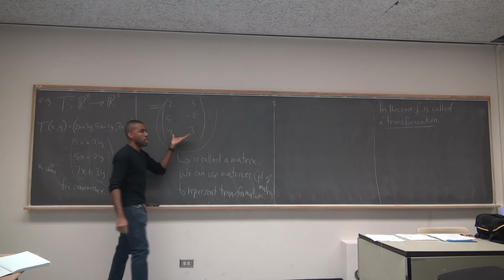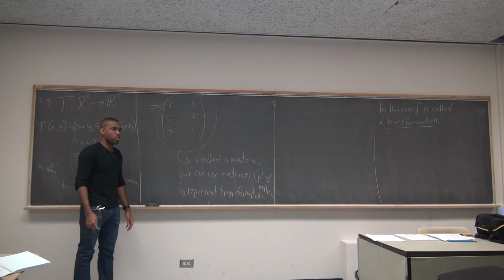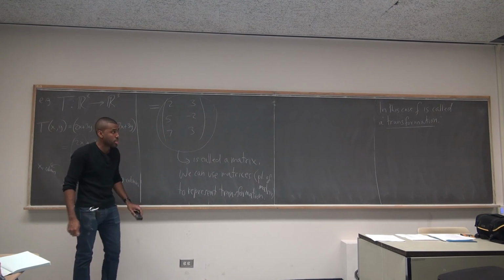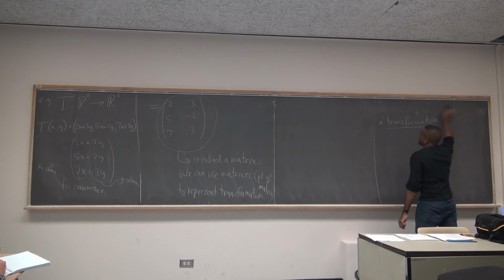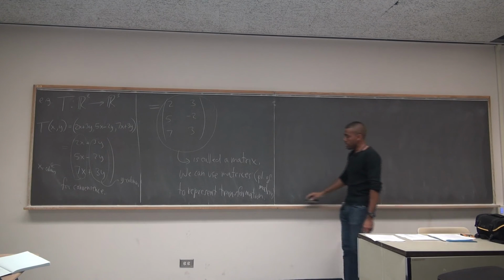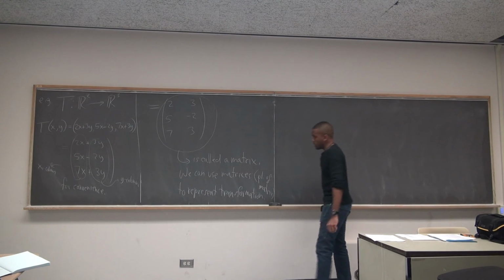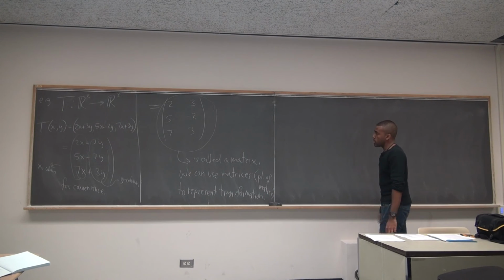So we're going to be doing this a lot, writing rectangular arrays of numbers, but we're always going to be thinking of them in a certain light. Sometimes we're going to be thinking of them as transformations. Sometimes we're going to be thinking of them as a list of equations. Anything that's convenient to help us get the problem solved. So this represents a transformation.